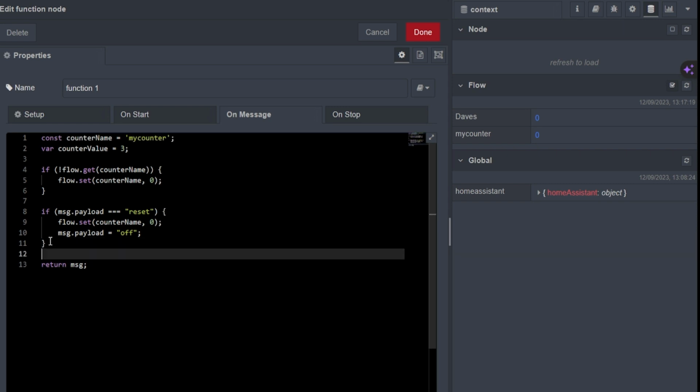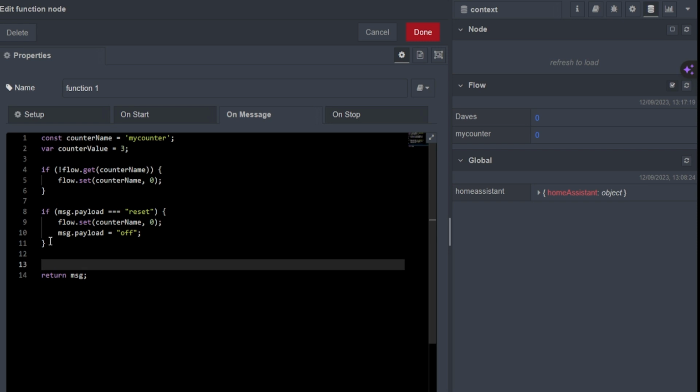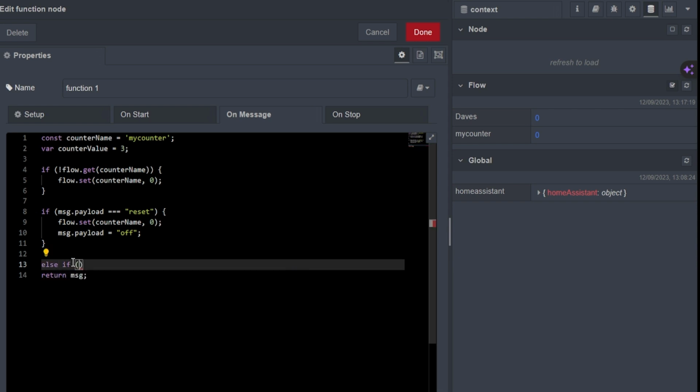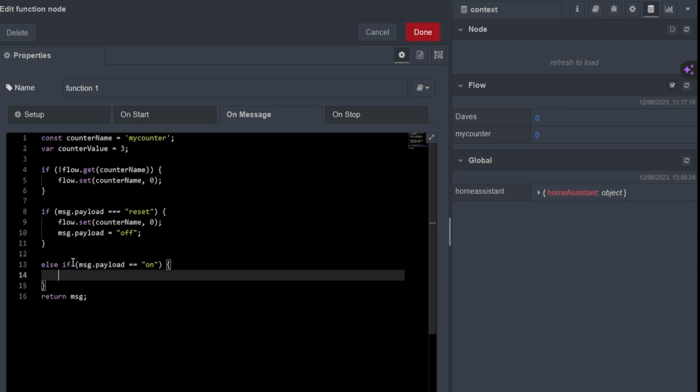Next we want to do what happens when we receive an on statement. So as I say, this is basically going to count the number of ons. If it gets to 3 or above, it will send an on output that we can use elsewhere. We're already using an if statement there, so we're going to do an else if. It's much the same as an if statement, we just need to tell it a parameter that needs to be true in order to trigger this. And this is going to be message.payload, and we want to see if message.payload equals the string on. So for example, on, say for a light or a button. Again, open curly brackets, it gives us the second closed curly brackets, so we'll hit enter to bring in the new line. Now this is where it gets slightly complicated, so bear with me.